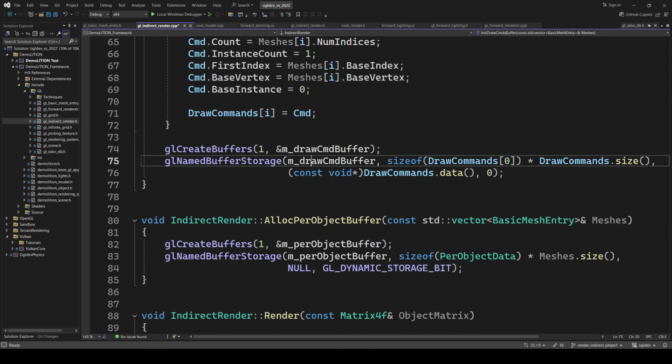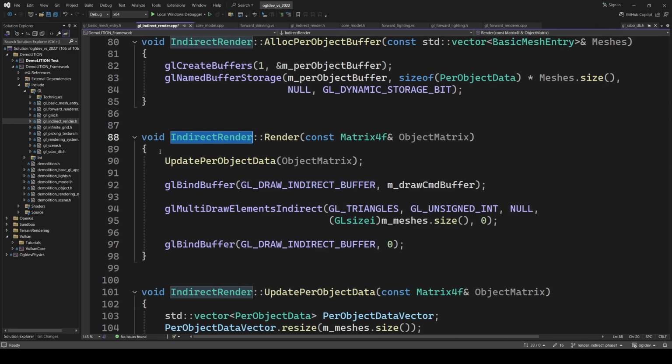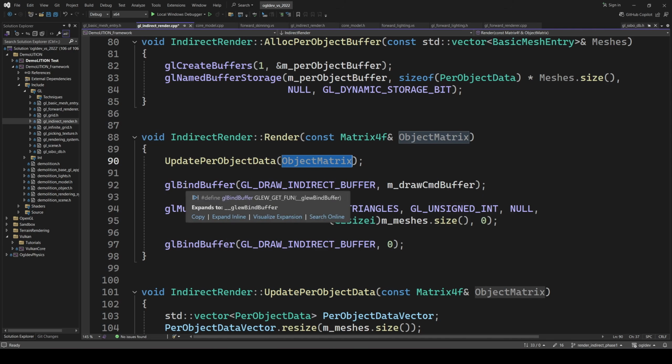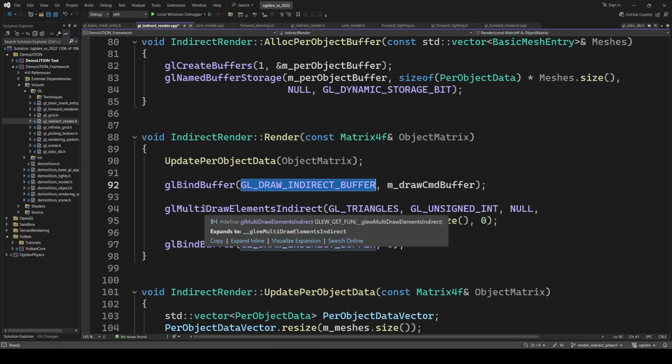Now that the two SSBOs are ready, we can go ahead and render the object. Remember that this class only deals with the issues pertaining specifically to indirect rendering, so handling the VAOs and whatever is still being done in the CoreModel. We will see this later on. So the render function, as I said, takes a transformation matrix for the current frame. So we start by updating the second SSBO using the matrix, and then we bind the first SSBO, the drawCommands buffer, to the new binding point, GL_DRAW_INDIRECT_BUFFER. And then we call the new function